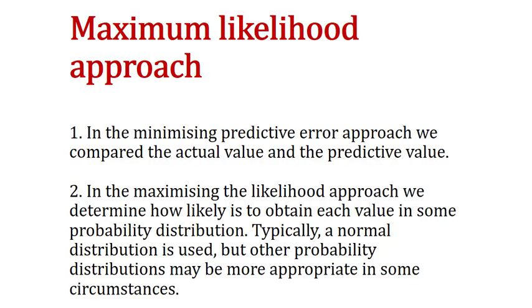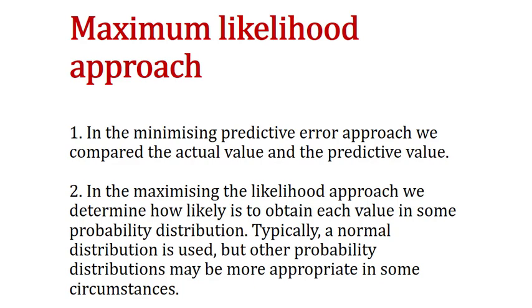Okay, so in the previous approach, the error minimization approach, the idea is to minimize the predictive error, so the error of the prediction. What we did is to compare the actual value of the dependent variable, in this case academic achievement, and the value that was predicted by the model. So we subtracted the predicted value from the actual value, and we obtained a sum of errors or squared errors. In the maximizing the likelihood approach,